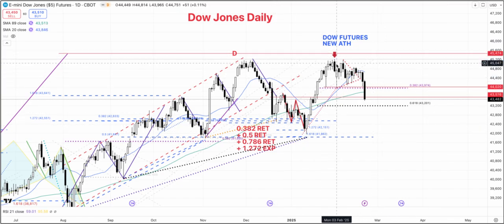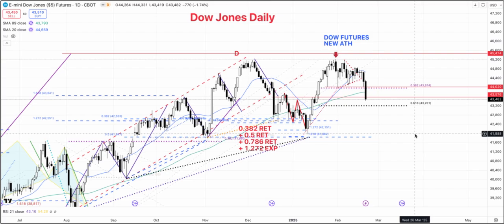So here on the 31st of January 2025, the market actually made new all-time highs in the futures, and also did that, per my memory, please do correct me if I'm wrong, on the cash chart as well. And then since then it's just kind of rolling over. You can look at this, there's a lot of resistance right here. It broke below the 38.2% retracement, below this swing point, and it seems to be moving towards the 61.8% retracement around the 43,000 level. So this index is showing something a little bit different.